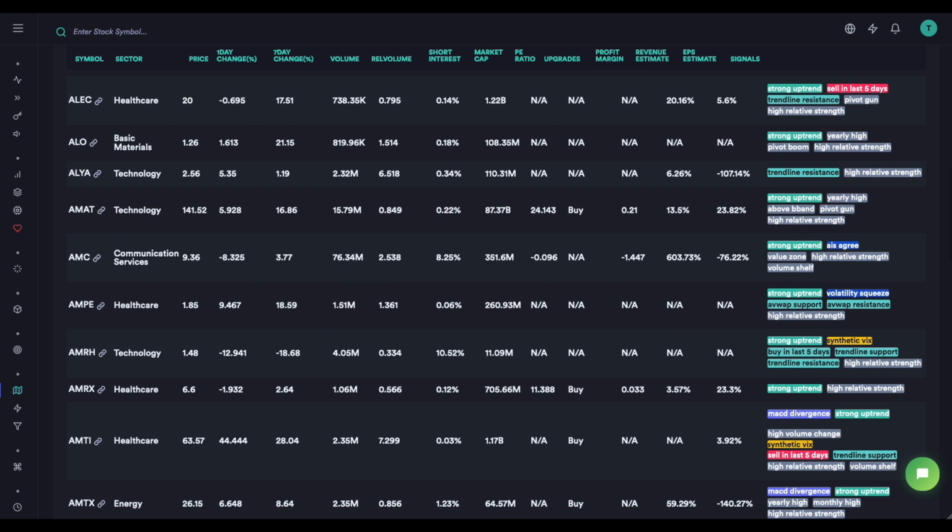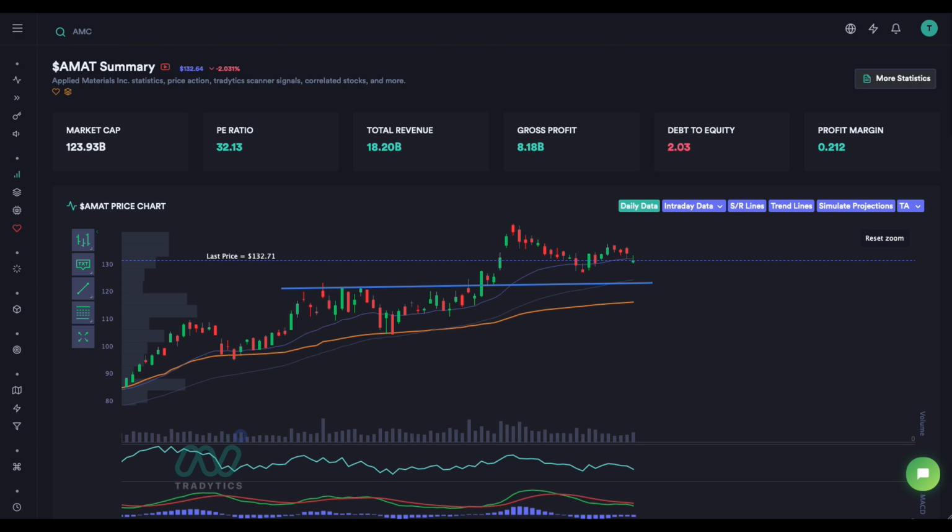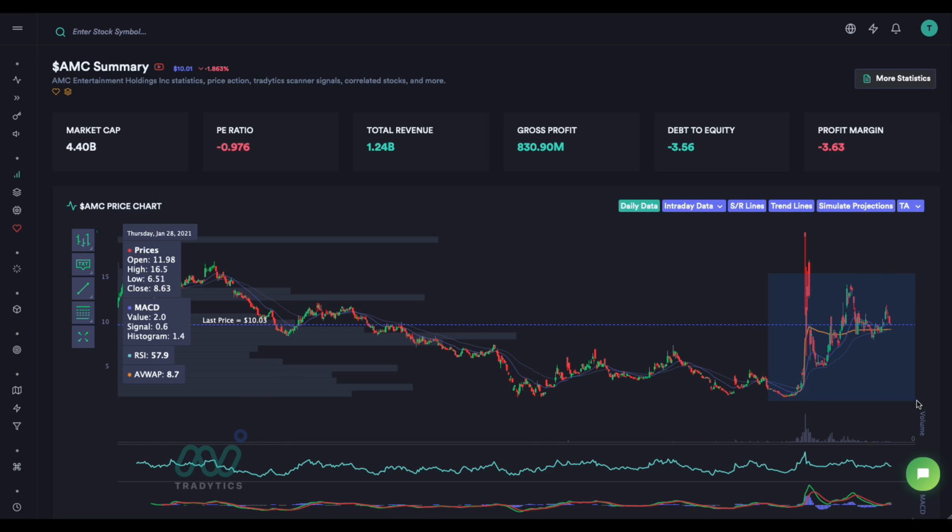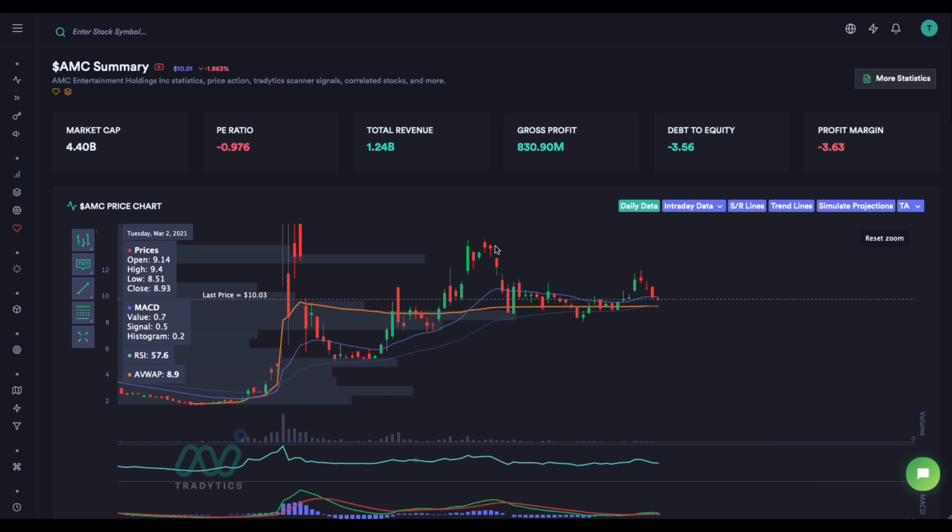Let's see, we have AMC. I'm not sure what was happening with AMC at that time. It's just weird, but still I think when it goes up by such a large amount, the formula thinks that the relative strength is quite high. Let's see,